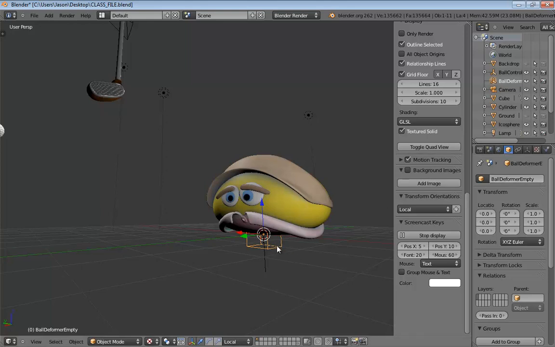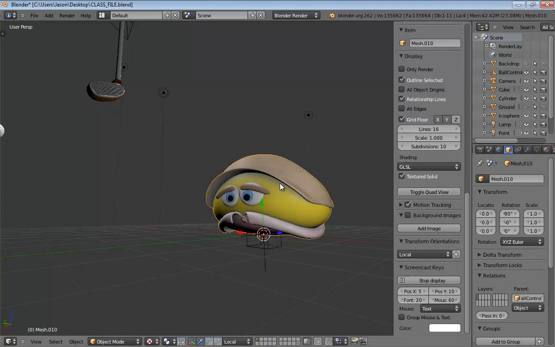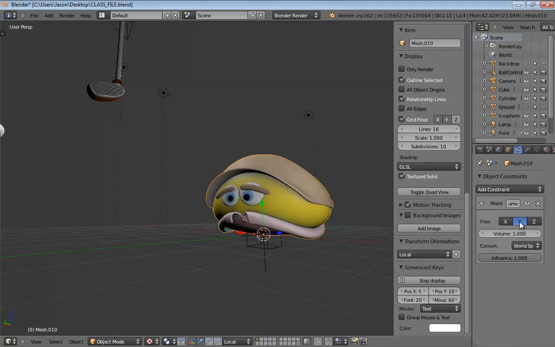We also need this object to follow our ball control. We can't have this being left behind. So we're going to select it, hold down Shift, select the ball control, hit Control-P, and parent that to the object. Somebody asked, why is your green up? It's just because that's the way my particular object is oriented. It's the local rotation on the character itself. If yours isn't, that's actually okay. You just need to be aware of which axis is pointing up because you want to scale him in that direction. So if yours is X or Z or anything else, just make sure that under your constraint for maintain volume, that the up pointing axis is the one that you set your free axis to.